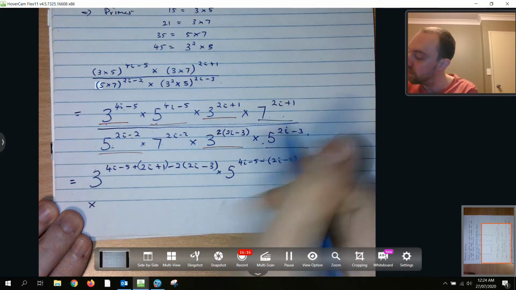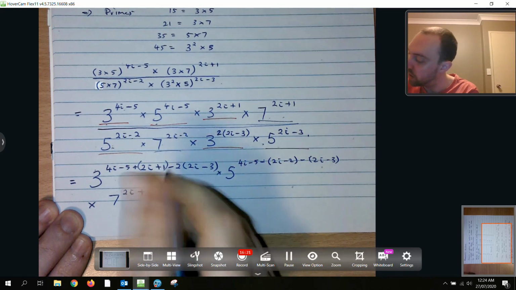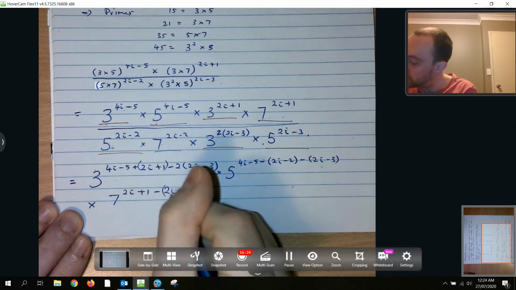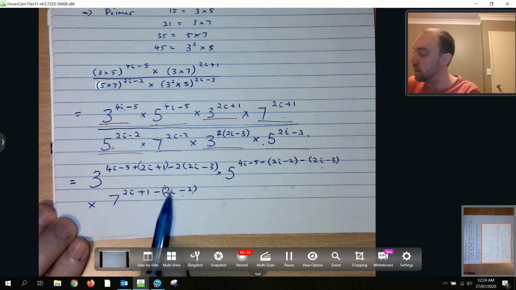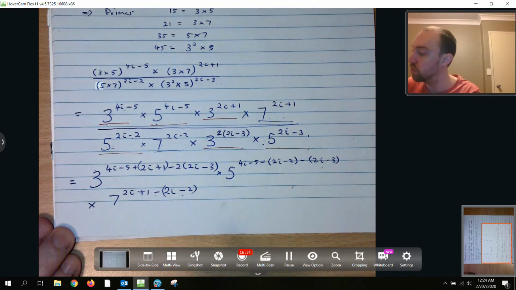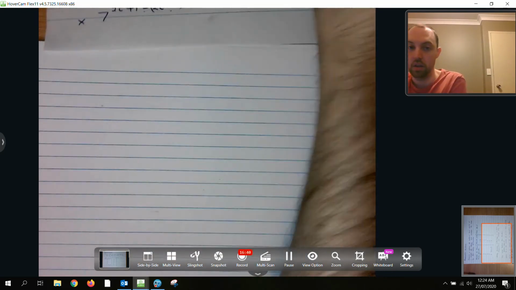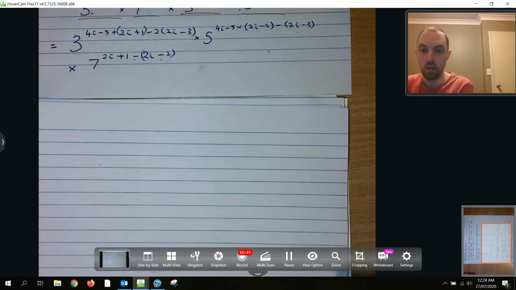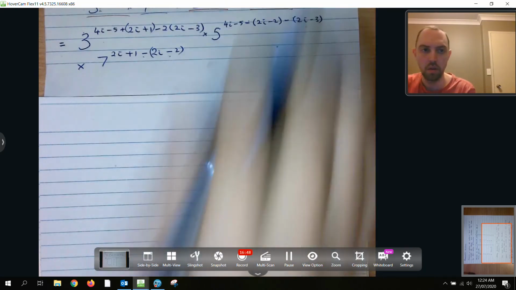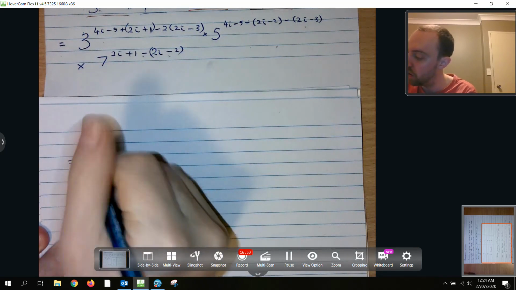We're going to have 7 here and here, so it's going to be 7 to the 2i add 1, take 2i, take 2. This is why using brackets is going to be really important, because we're going to be taking 2i, but then we're going to be adding 2. I'll keep this nearby. Yeah, that works. Alright, so this is going to be equal to